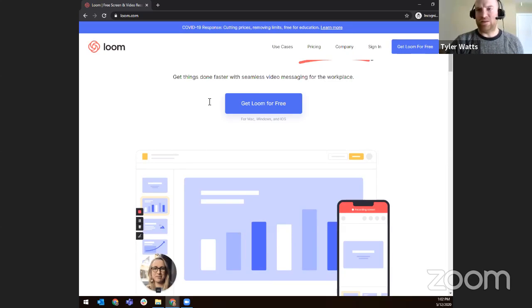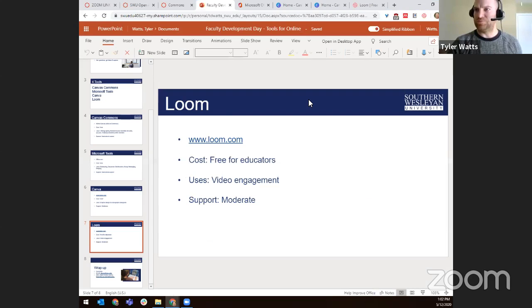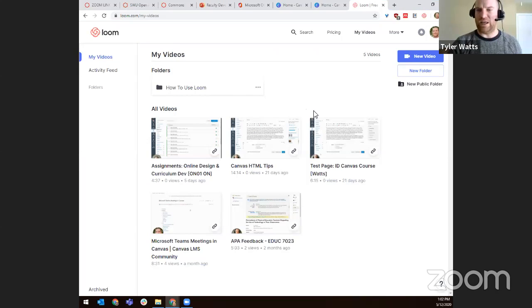And I think one of the reasons I like it is that for some of the more robust video options, you have to bring the video down onto your computer and do the editing there. With Loom, you can do it all from a browser. So it's really nice for doing short videos on the go, creating something and then getting it into your online course. And if I go to my account,